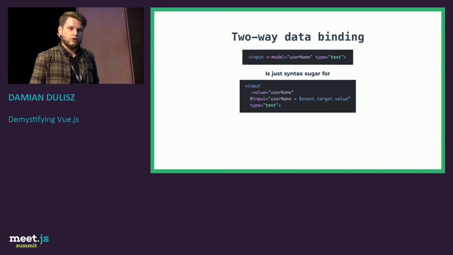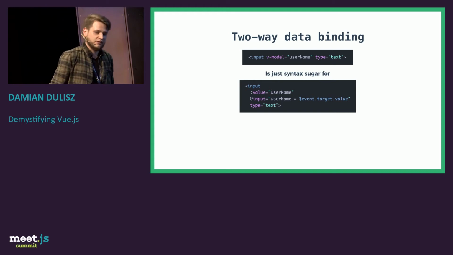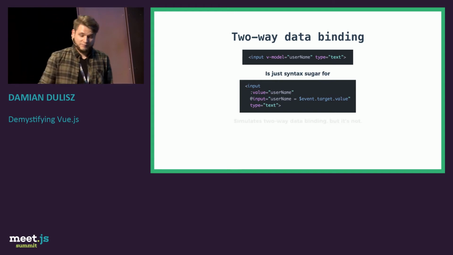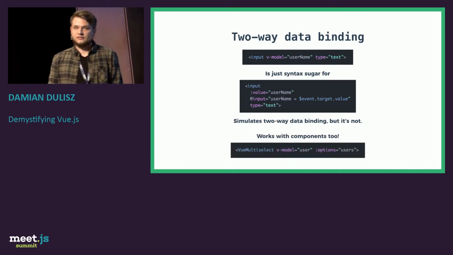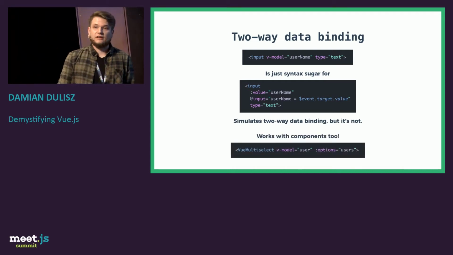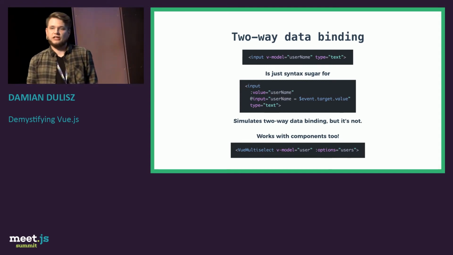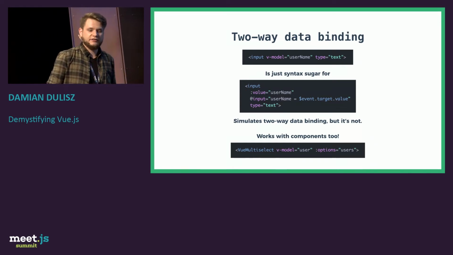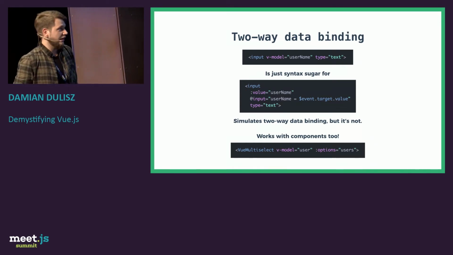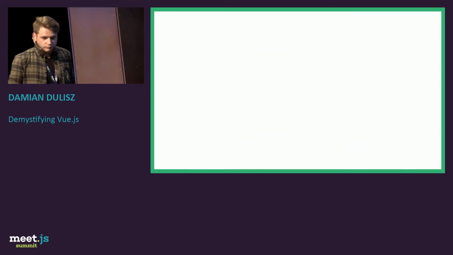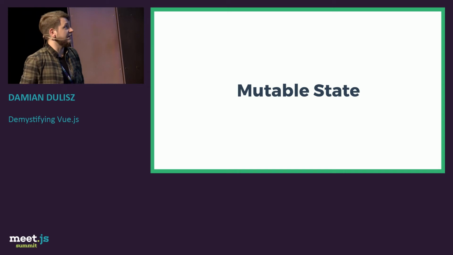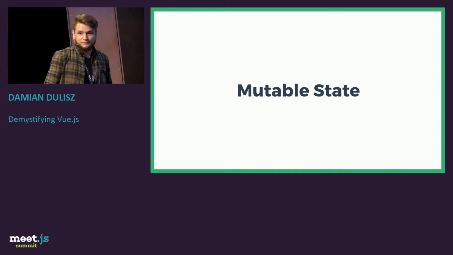So it is all within the container, the prop, but because it also works with components, you can do things like this. Instead of just passing a prop and then passing a callback function that will update the prop in the parent, you can just use this, and it is actually quite useful if you don't need state management. But also, speaking of state, another of the concerns is mutable state,